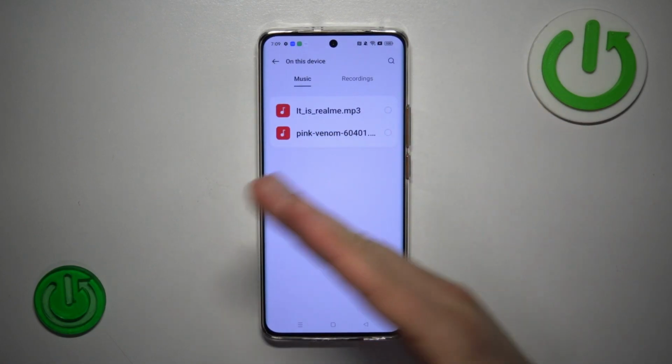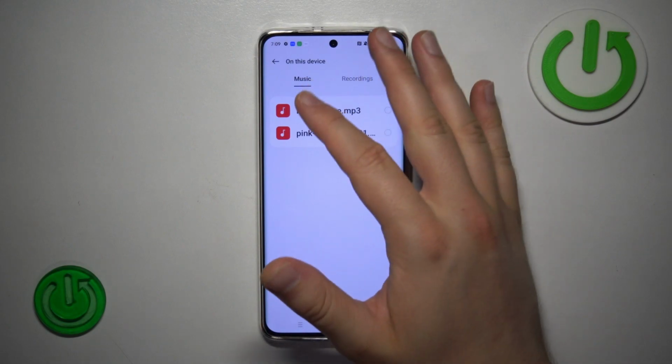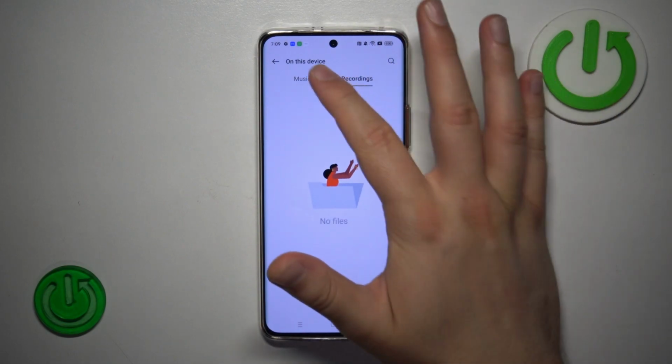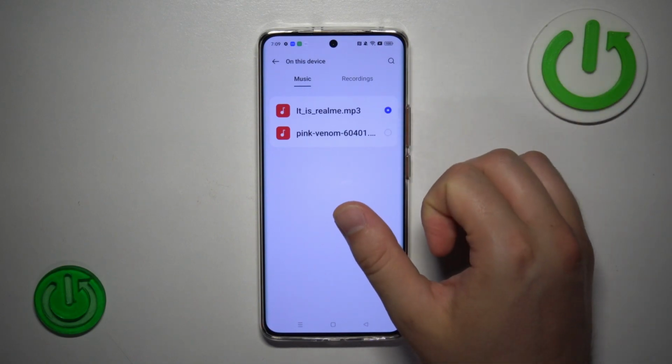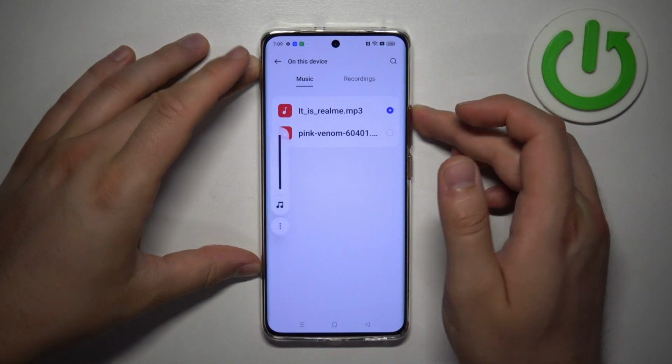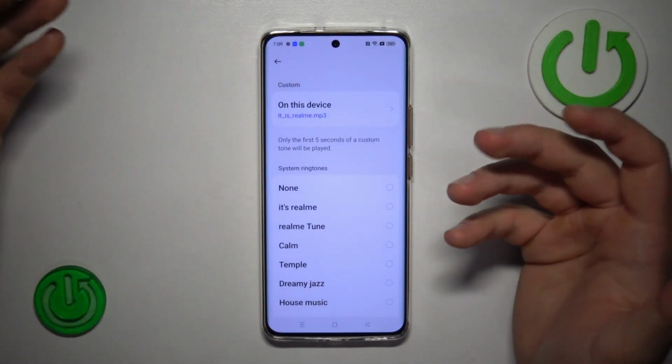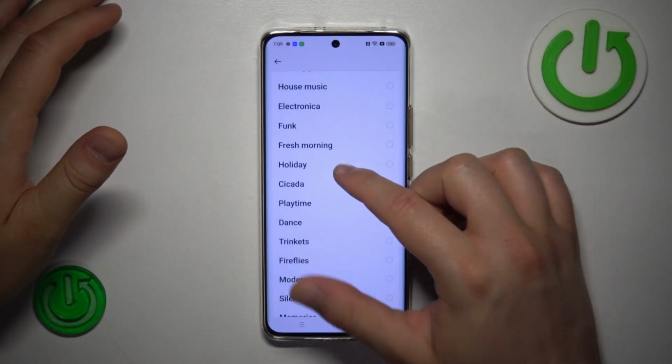So when you click right here, you will be moved to the storage of your phone where you can pick the music or recordings. So if you want to get the Realme default song, go right here. And there we got the custom ringtone. If you want to set the default ringtone, just pick one of the